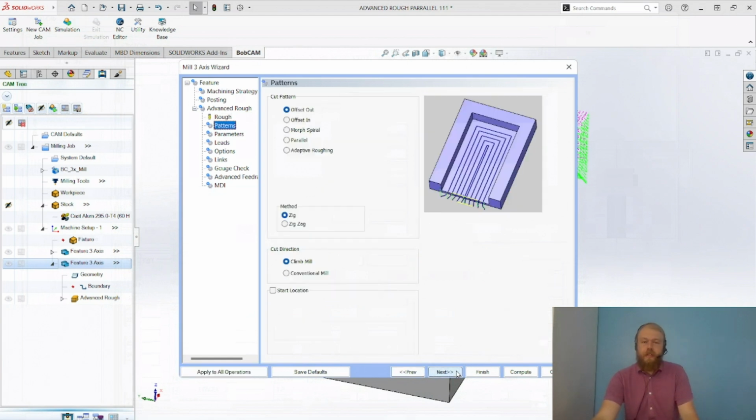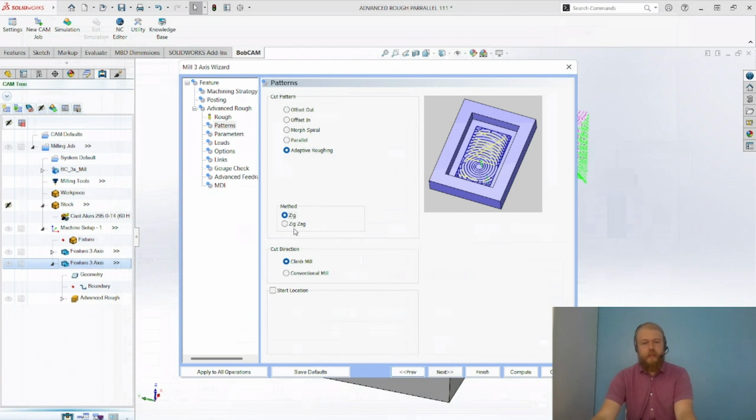Then our next page are different cut patterns. We have some high-speed machining options with more spiral, adaptive roughing, some other CAM software programs you may be familiar with, call it dynamic machining or dynamic roughing. It's the same tool path that you'd be used to in those software programs where the tool will come down at the center, spiral its way out, and you can see the trochoidal milling here where the tool will retract just a fraction of an amount and rapid to the next location there